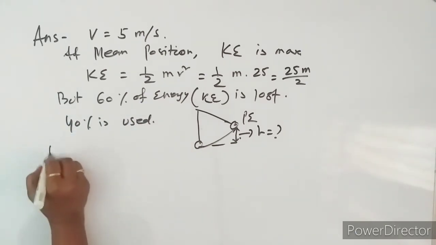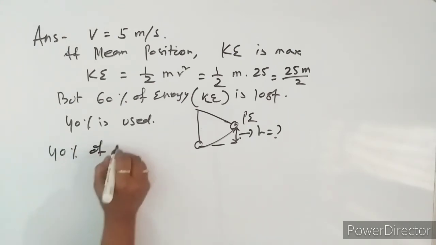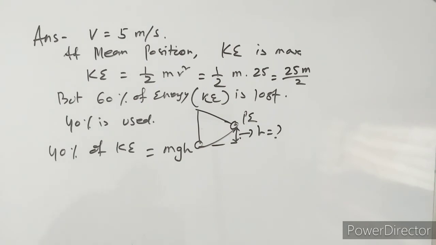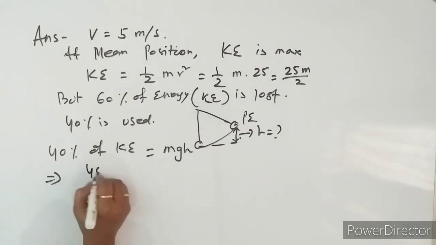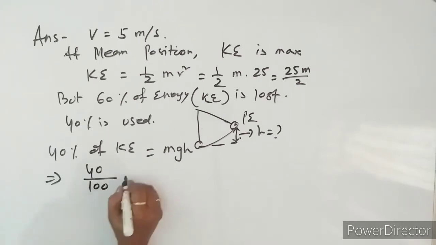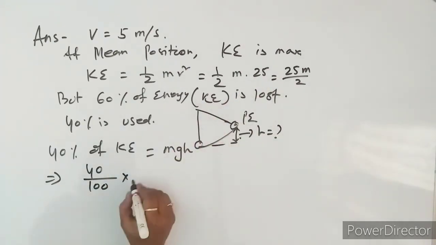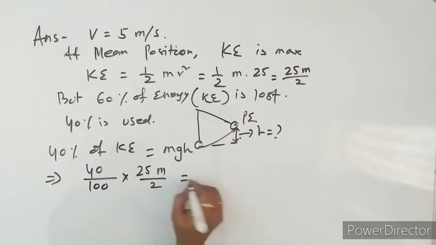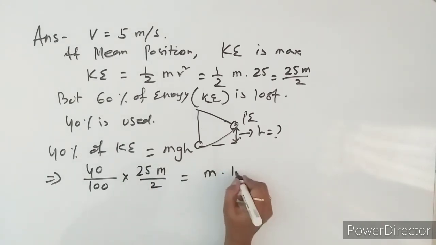So 40% of kinetic energy is converted to potential energy. Now let us write this down: 40 by 100 into kinetic energy. What is kinetic energy? Here 25 m by 2 is equal to m into g, g equals 10, and